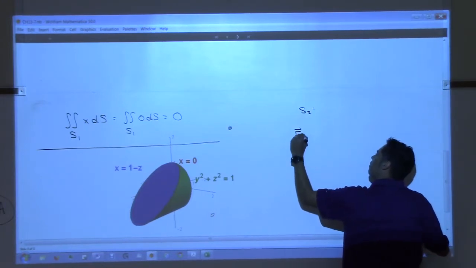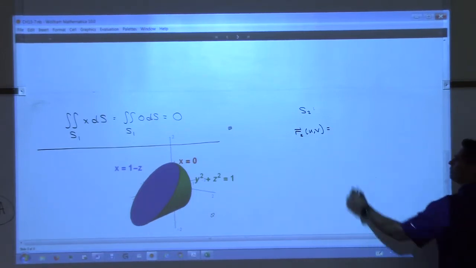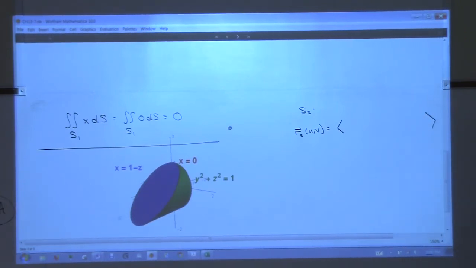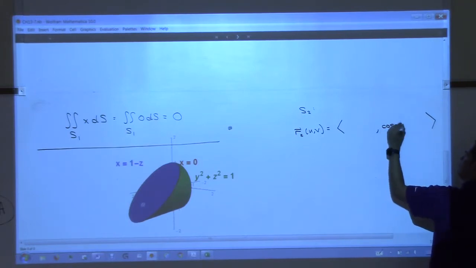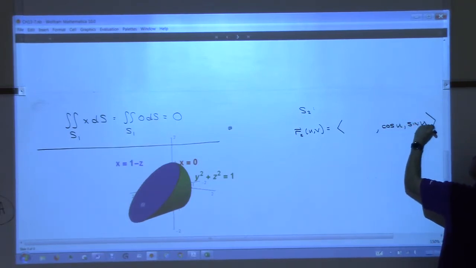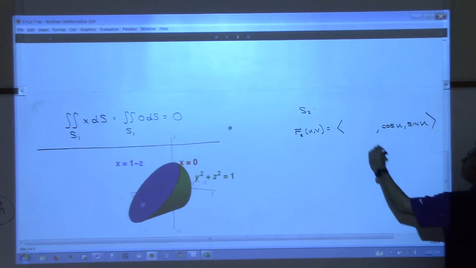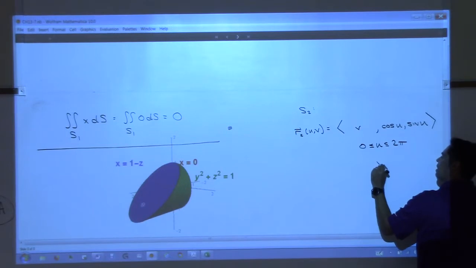So for S2, we have R2 of u,v, which will be, okay, you've got to pay attention to which planes we're in here. We're drawing circles, like in the YZ plane. So it's our Y and our Z that need to be sine and cosine. They're unit circles. So cosine u, sine u, that okay? And what's our X component function going to be? v. Our u will go between 0 and 2 pi, and our v goes between 0 and